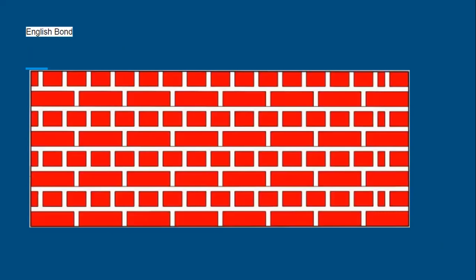And this is English bond technique. So English bond technique में क्या होता है कि एक level आप horizontal डालते हो bricks का, the next is vertical, then again horizontal, then vertical. Okay, so for example, the first line is the vertical placing of the bricks, then the second is horizontal placing of the bricks, then again you can see there's a vertical placing of the brick, then again there is a horizontal. So this is vertical, horizontal, vertical, horizontal. This pattern of laying of the bricks is called English bond technique of laying of the bricks. Okay, so these all are the features